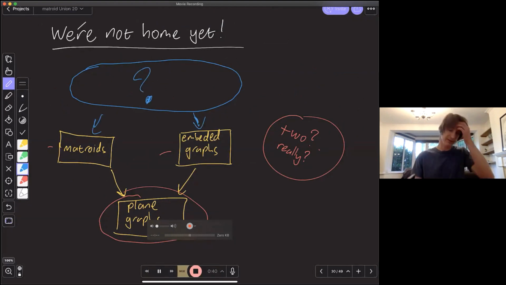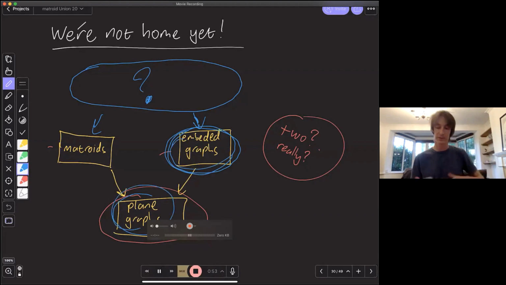So what's sitting above it? Well, it's kind of in one direction. So we're going to embedded graphs. It's got plane graphs for the classical result, or graphs and surfaces for the more general results. And matroids don't play very nicely with embedded graphs. And instead of matroids, you want to start considering delta-matroids.